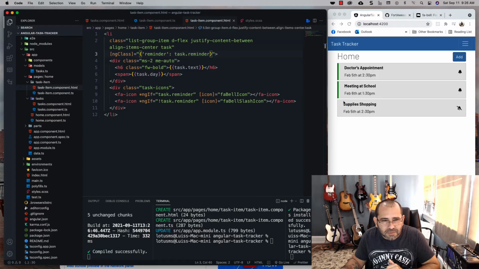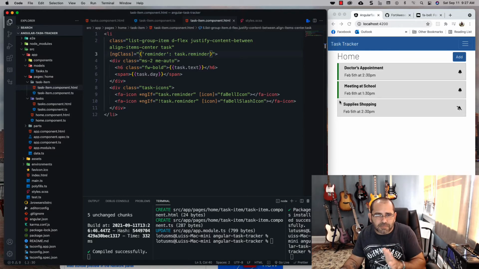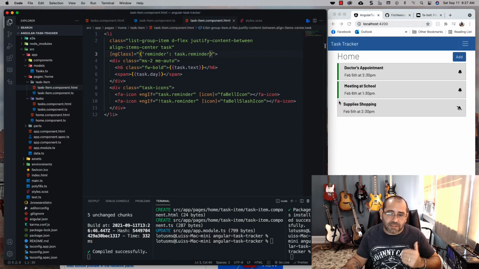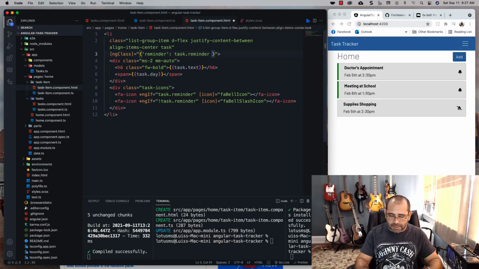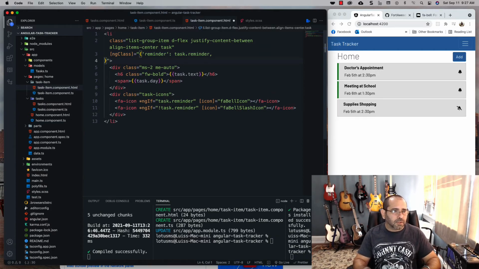But if you look at the S right here and the M here, they're not lined up, and that's basically because this border is adding like 3 pixels or something like that that is kind of stealing some space. So I want to add another class to the ones that are not reminded, and the class is going to be called reminder off. That is basically going to use up the same space as these, but it's not going to have a background on it. That way it pushes the text the same amount of pixels as these right here, except with no coloring. So because of that, you have to then create a separate class, and let's just go ahead and do this here,